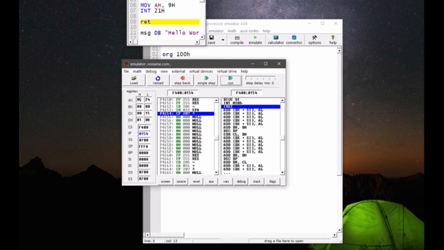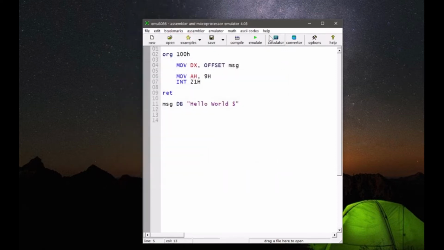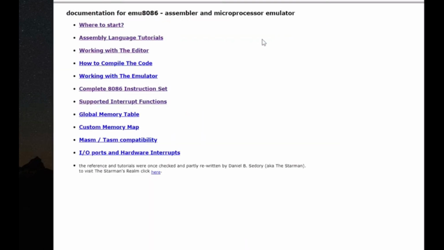It was designed in 1976. It's a 16-bit microprocessor with 20-bit address lines and a 16-bit data bus. And it also has a memory capacity of 1 MB. So, to make the 8086 microprocessor display Hello World on the output screen,